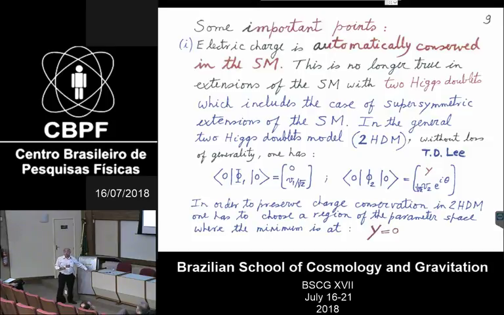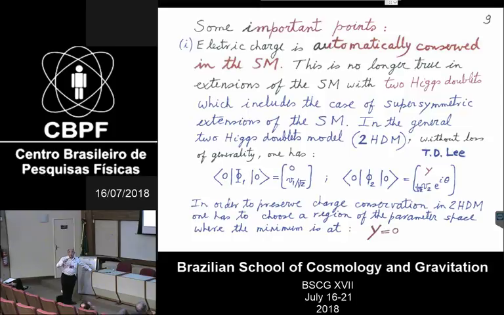this is very important. Imagine that T.D. Lee would write a paper where charge would be violated. Now, he's a very tough guy, and he would not be happy to see someone pointing that out to him. But he proved not only that there is a region where y is equal to 0, charge is conserved, but also a region where theta is different from 0 or pi, and for those values,